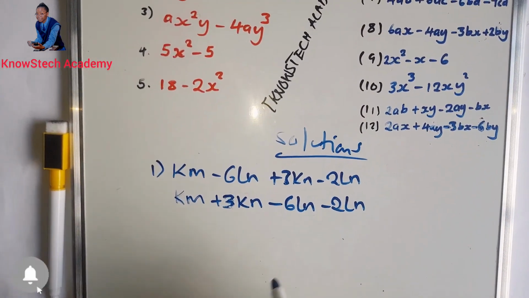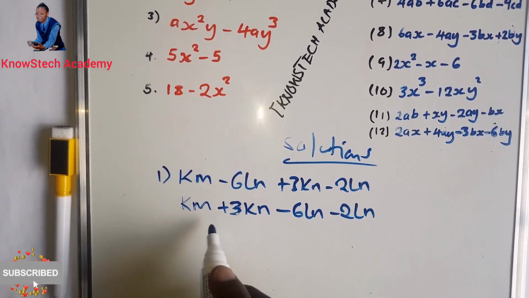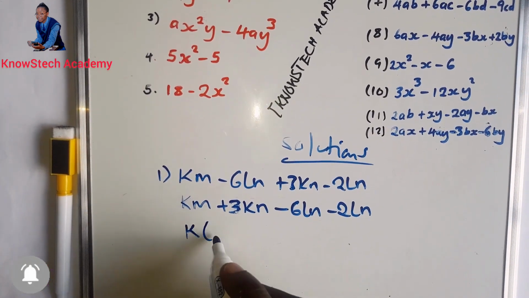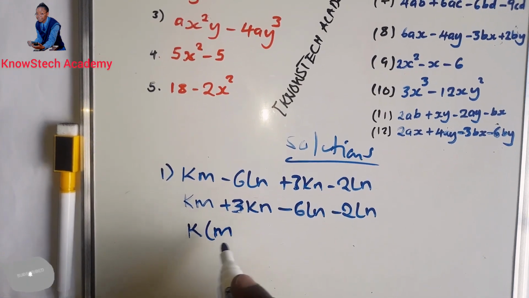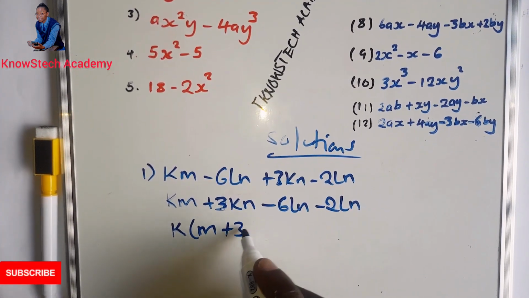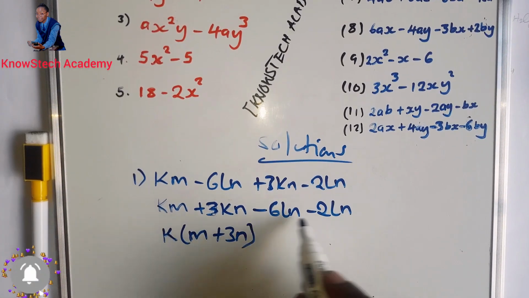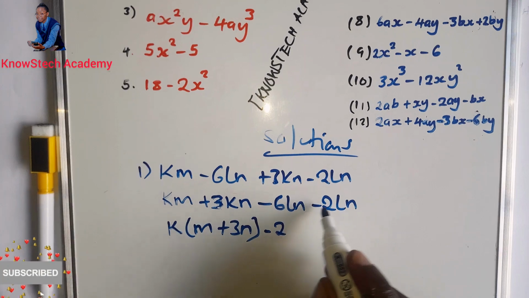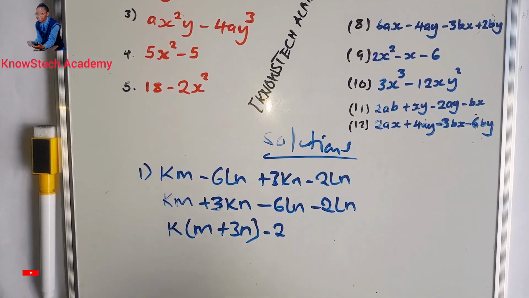So now how can we factorize this? What is common between the first two terms? It's k. So k and k here will cancel, remain with m. When we divide, this k and this k will cancel, we remain with 3n. Okay, close bracket. Then this side here, what is common here? We have negative 2 in terms of numbers. 2 is common. Then in terms of variables,